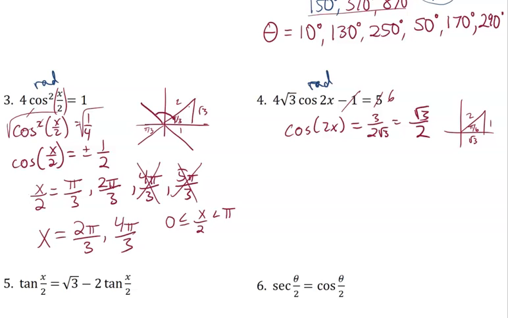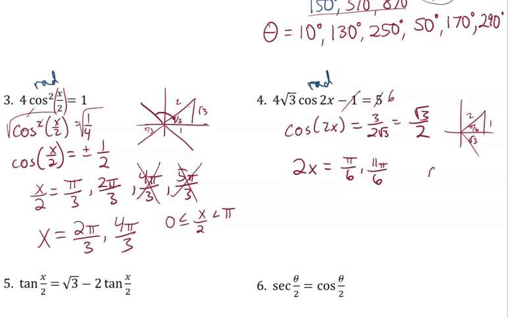Cosine is positive in quadrants 1 and 4. So I could have pi over 6 up there, or down here this would be 11 pi over 6. So I'm looking at 2x could be pi over 6, or it could be 11 pi over 6. Now, if x has to be between 0 and 2 pi, then that means 2x has to be between